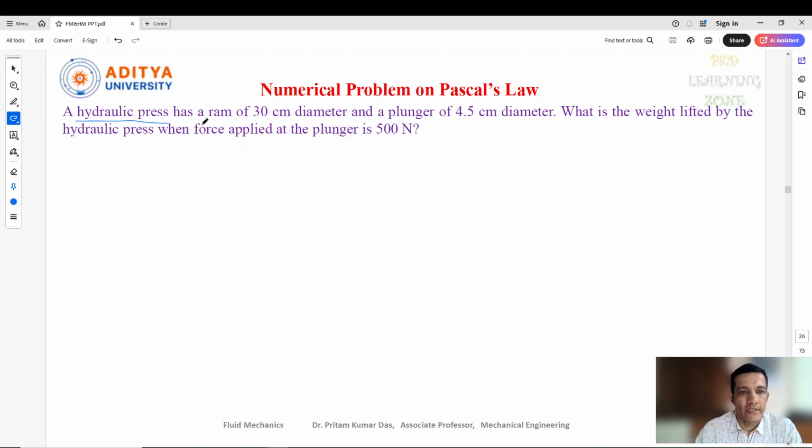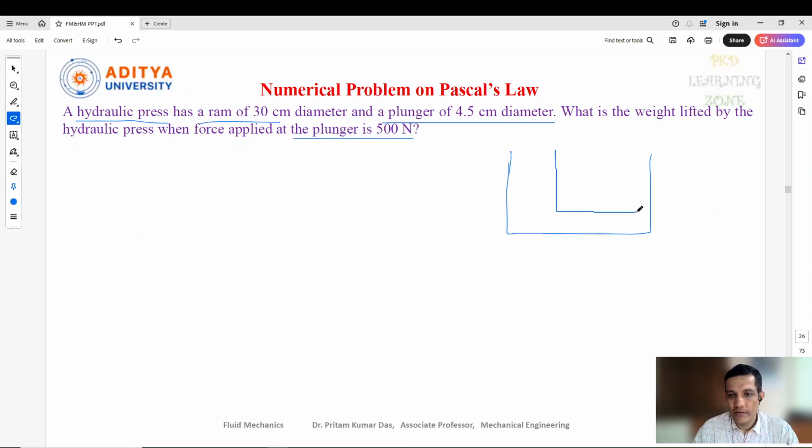A hydraulic press has a ram of 30 centimeter diameter and a plunger of 4.5 centimeter diameter. We need to calculate the weight lifted by the hydraulic press when the force applied at the plunger is 500 Newton. So this question is given in such a way that suppose the construction of this hydraulic chamber is like this, and here one ram side is there. Suppose this is the ram side and another side is the plunger side, and here the weight is going to be raised by the